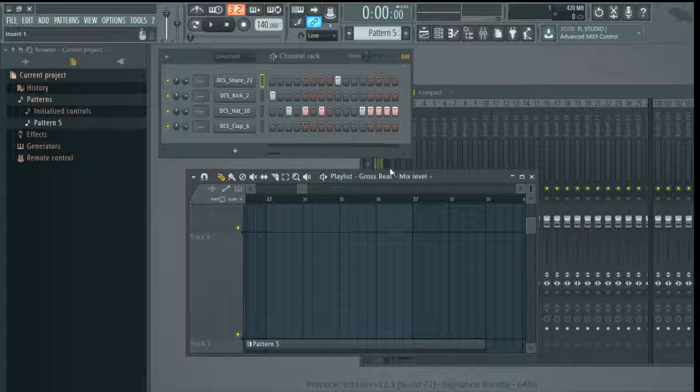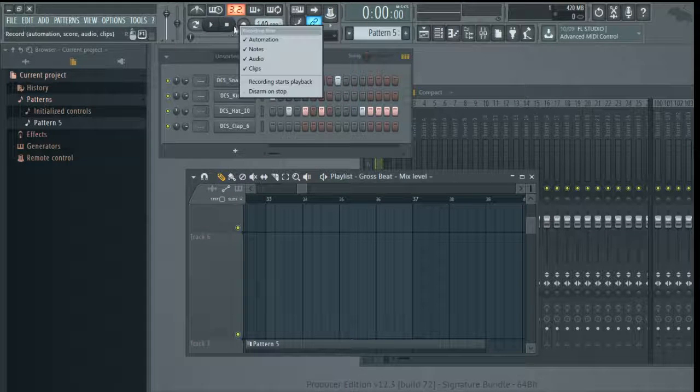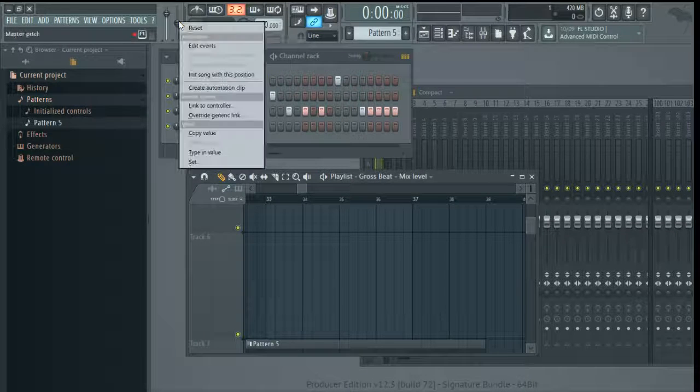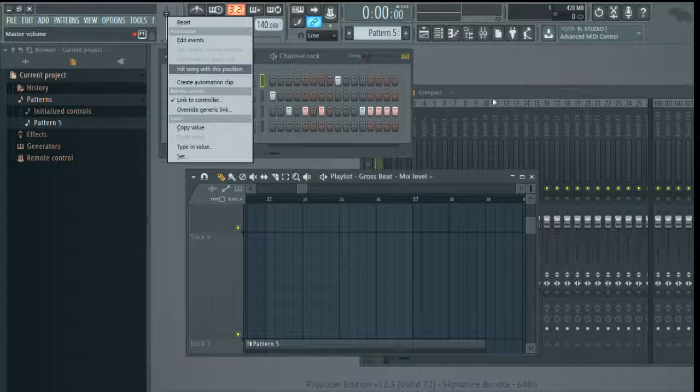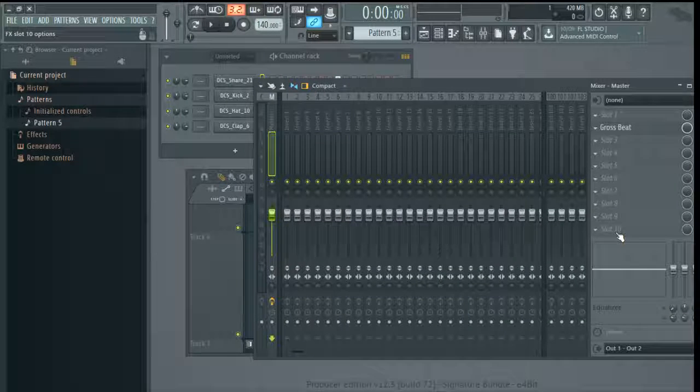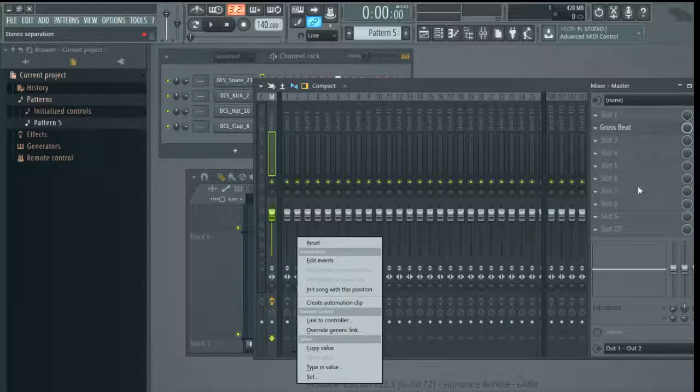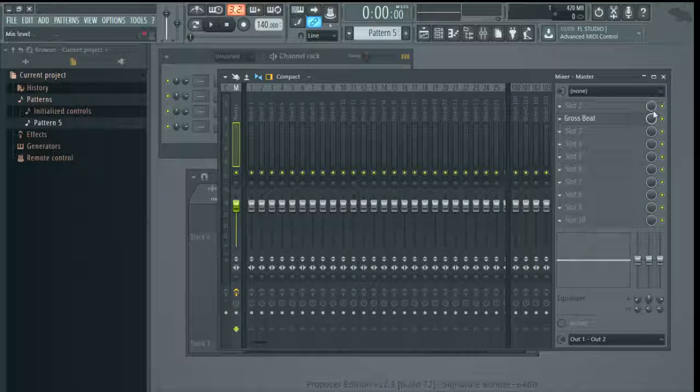I done told you about automation, how to do it. You can automate, like I said, practically anything that you can right click on. You can automate the master volume. You can automate all of the mixer faders. You can automate the stereo separation knobs. You can automate your channel,